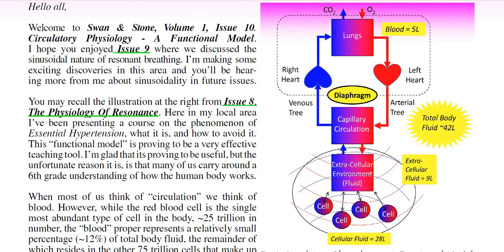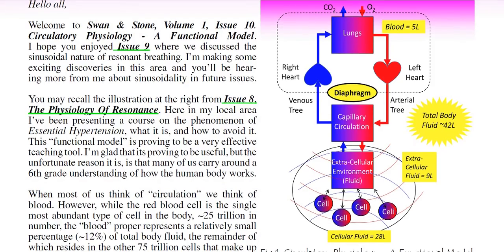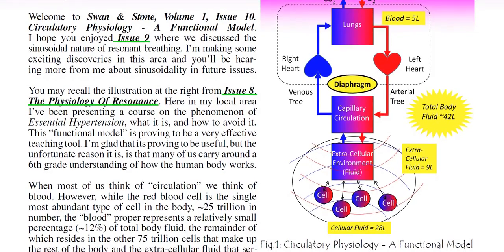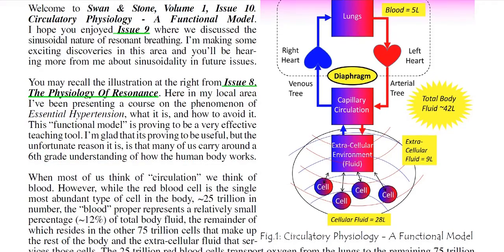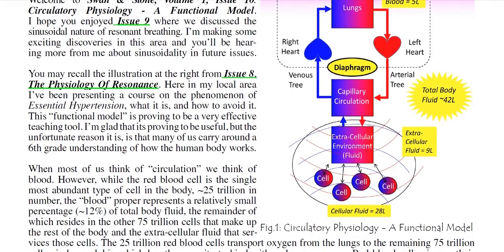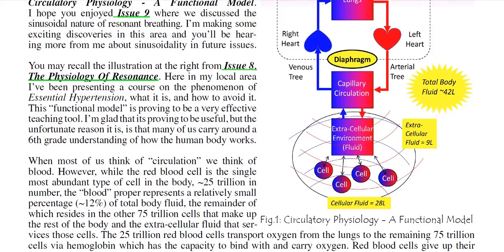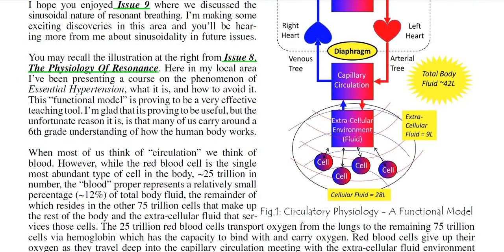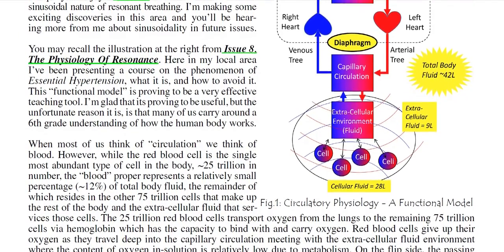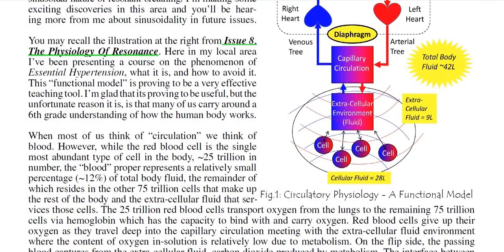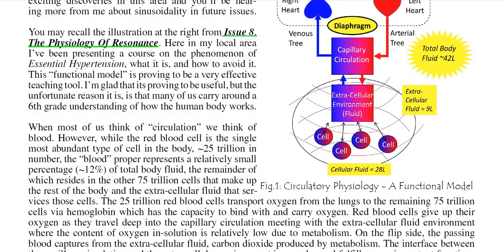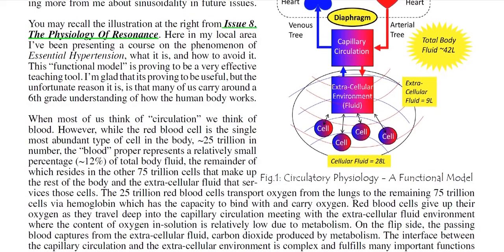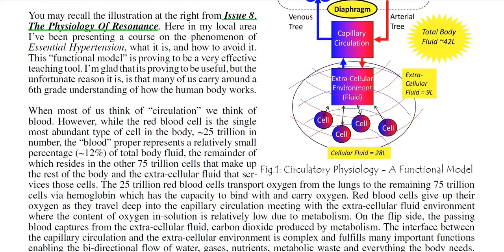I'm glad that it's proving to be useful, but the unfortunate reason it is, is that many of us carry around a 6th grade understanding of how the human body works. When most of us think of circulation, we think of blood. However, while the red blood cell is the single most abundant type of cell in the body, approximately 25 trillion in number, the blood proper represents a relatively small percentage, approximately 12%, of total body fluid, the remainder of which